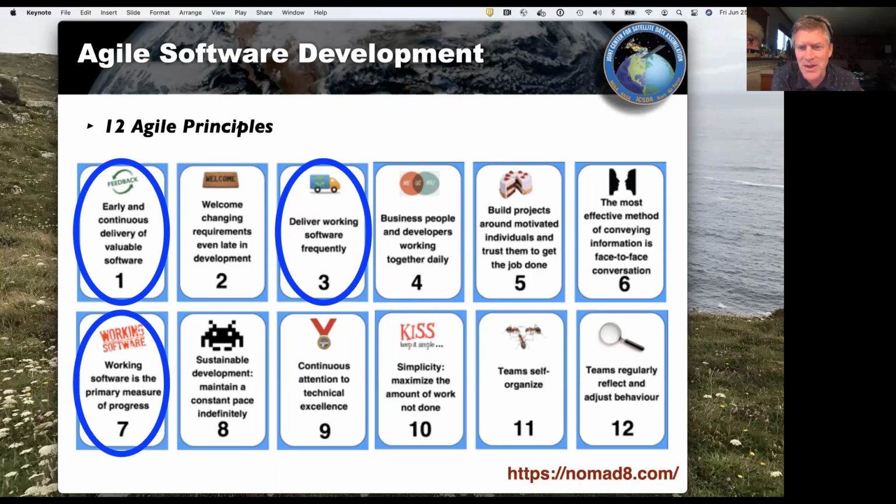So you sense a theme here. The theme is that you don't go off for 6 months or a year and work on something and then deliver it at the end of the year. It's continuous: you deliver what you have. You progressively improve the functionality, and you frequently update the code and release the code so that people can use it.